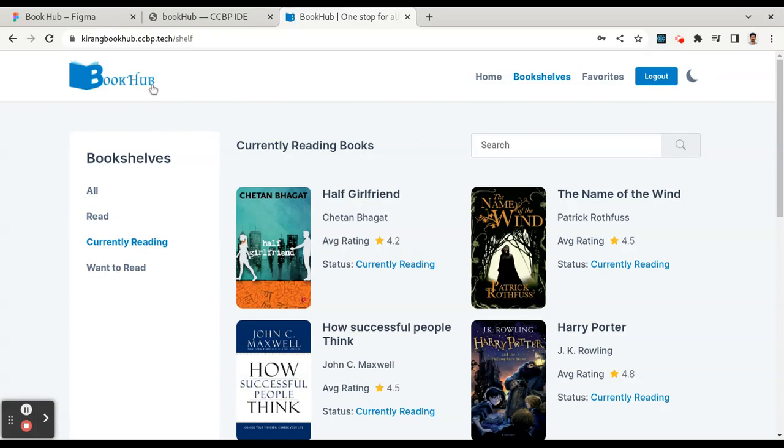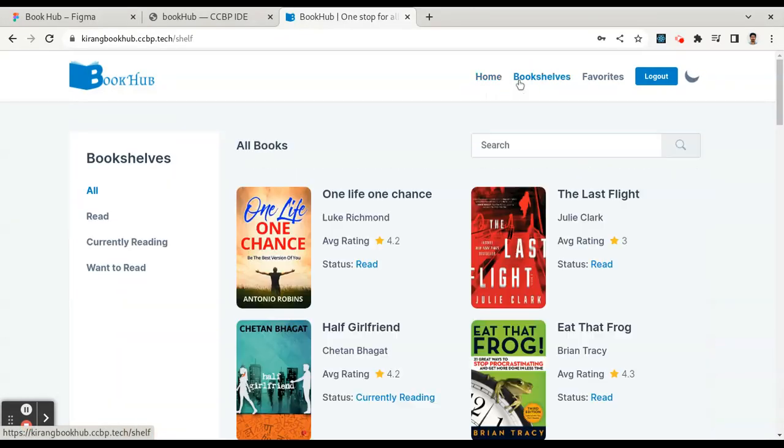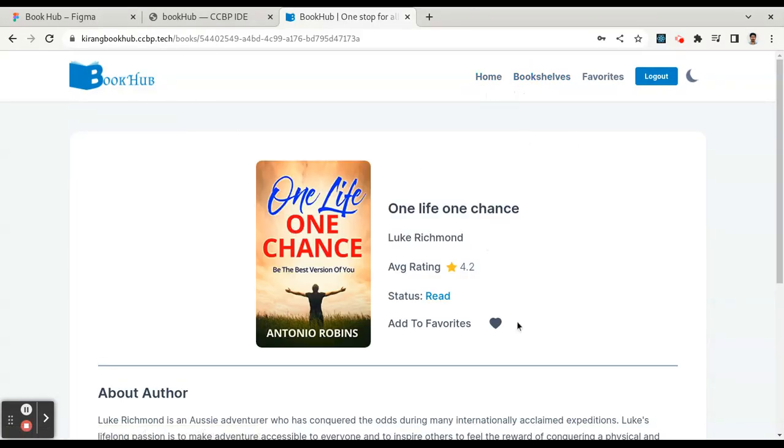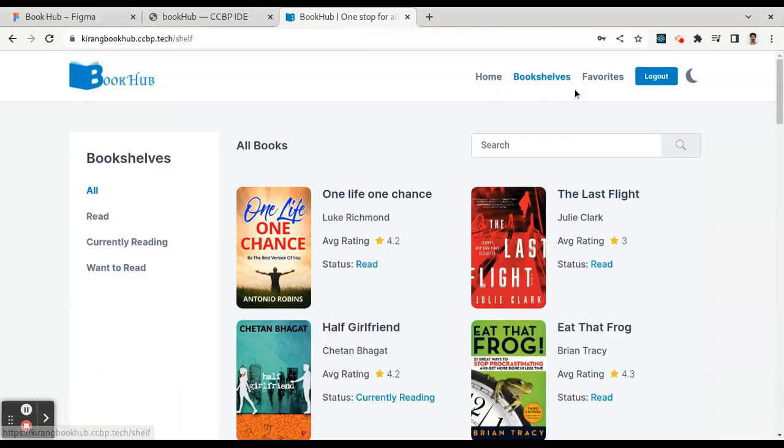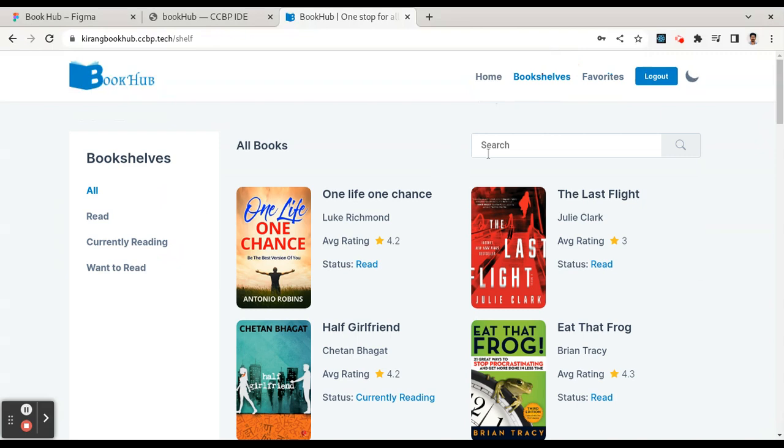Here is the BookHub logo. When the user clicks on the logo, it will navigate directly to the home page. When the user places a book in his favorites, it will be stored in his favorites. Another option is the search. When the user tries to access search, let's say